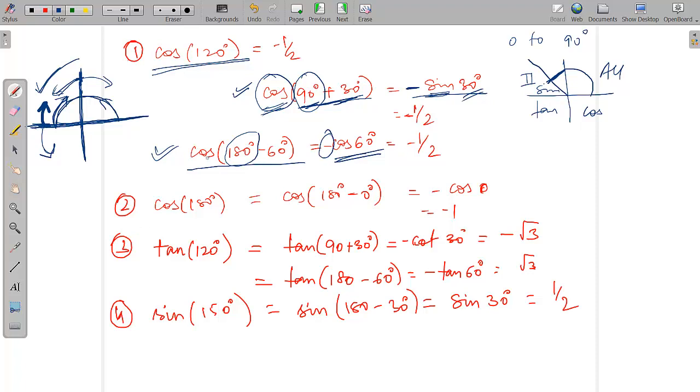Okay, so cos of 180 degrees minus theta will be equal to minus cos theta. That is equal to again minus 1 by 2. You know, cos 60 is 1 by 2, and there is a minus sign. Similarly, if you want to see what is the value of cos 180 degrees, cos 180 degrees can be written as cos of 180 degrees minus theta, that is minus 0 degrees. So it can be told that it is minus cos 0 degrees because it is in the second quadrant.